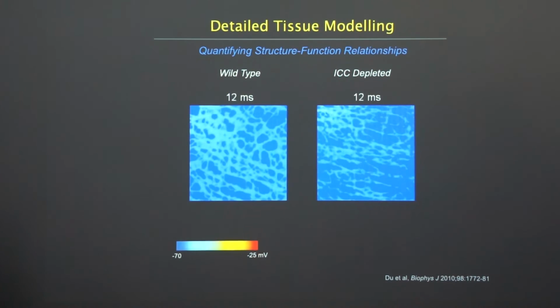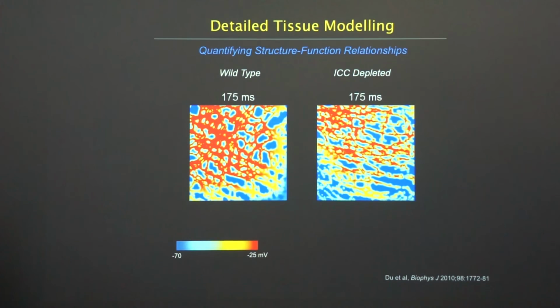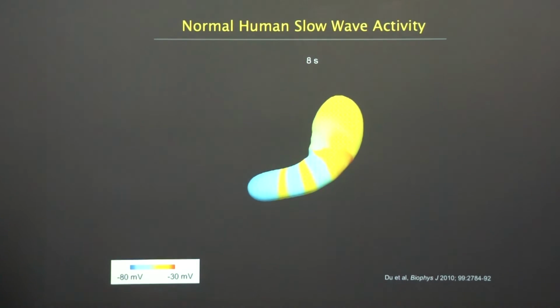on slow wave propagation. So you can see now we've got an electrophysiology model spanning both the cellular and tissue levels. Now we're also able to scale that up further to the organ level, and this model in particular was informed from our high resolution mapping data that was taken from individual locations on the stomach. We're able to use this organ level model informed by one of those CT scans to recreate correct anatomical geometry. And we're able to integrate our slow wave data into this model to represent or create a summative model of